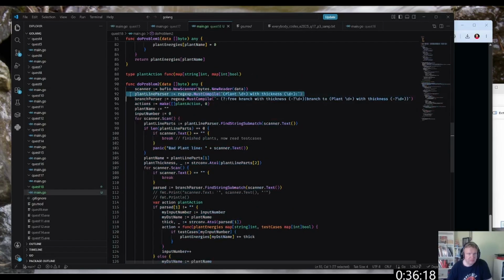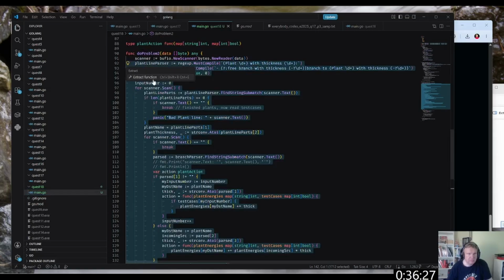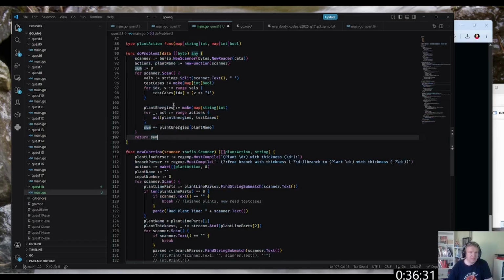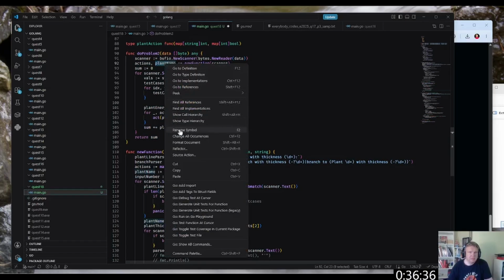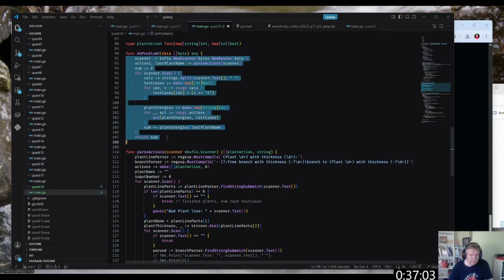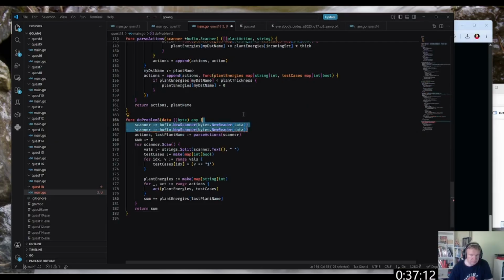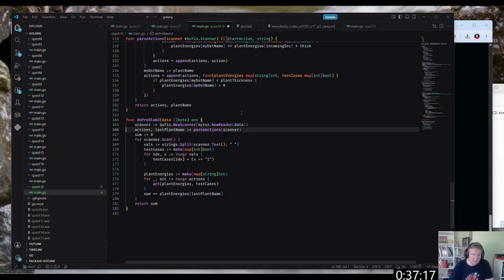Yeah, actually, actions and plant name. Okay, and new function, rename that to parse actions. Okay, so I parse the actions and then